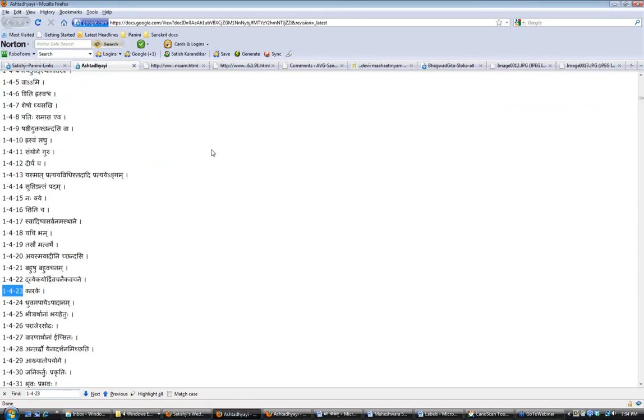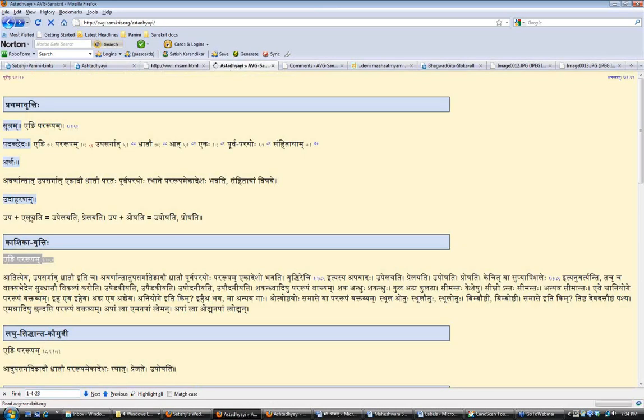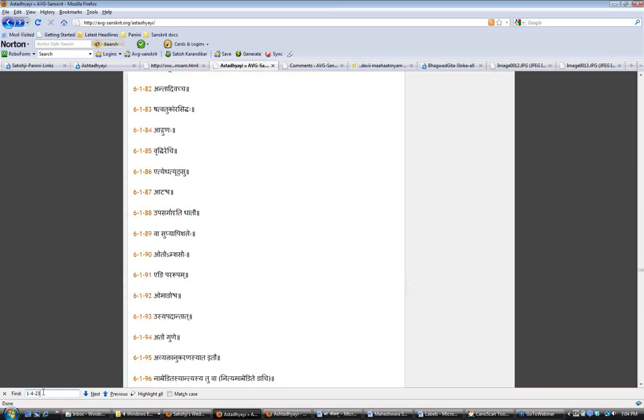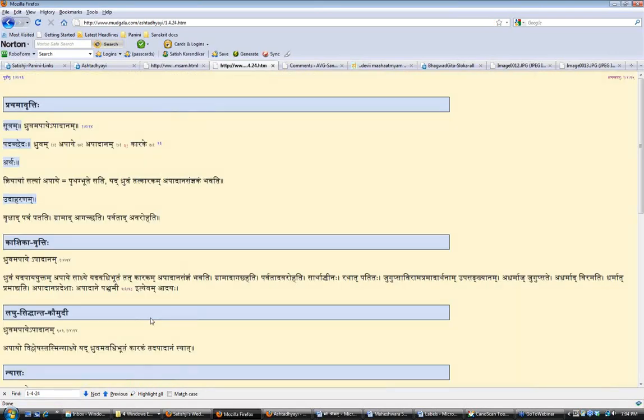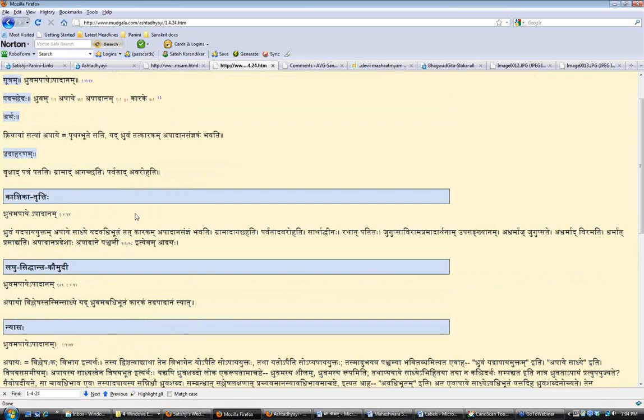Okay, give me a second. No. Okay, here it is. Let me go to 1.4.24 and see if we can look at the Vyakhyanam. This is on the avg-sanskrit website.org. All these searchable things save us a lot of time; we can completely jump to the Vyakhyanam. In these files, I think the Kashika Vritti has some typos, but the Laghu Vritti looks clean in most places. But here's a Vartikam on this sutram.